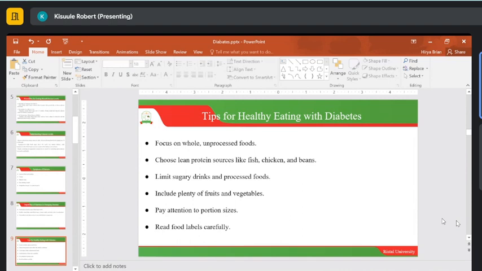Then also read the food labels carefully. For foods that have a lot of sugars or foods that are going to give you a lot of calories, please avoid them. Okay. And also look for healthier options. And also there is something to do with substitutes for sugars. I'm really forgetting what it is called, but I will talk about it when we remember.